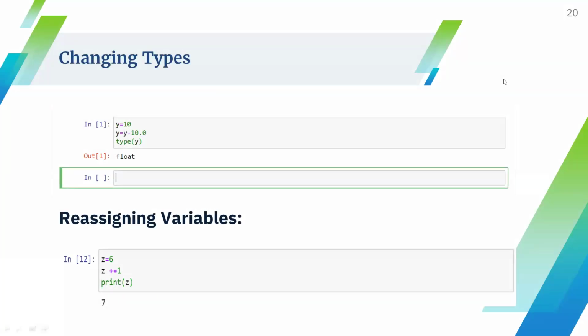Fine. So likewise, now I can even assign decimal values here, right? Then by using a type method or type function, I can find out what is the data type of that variable, right? I can find out what is the data type of the variable like this. Now see here, I'll go for